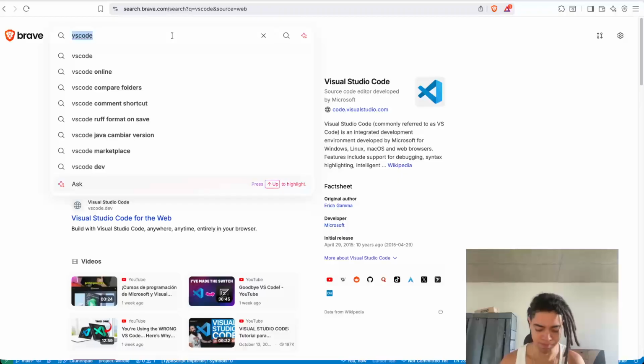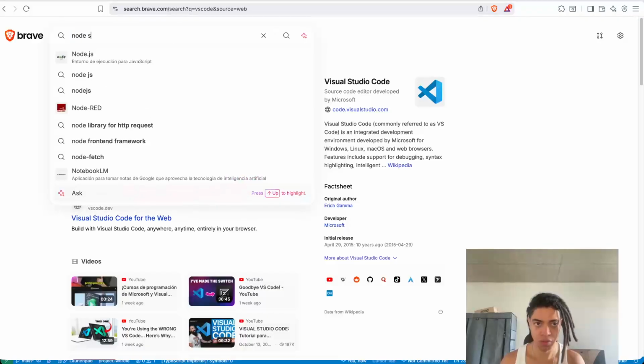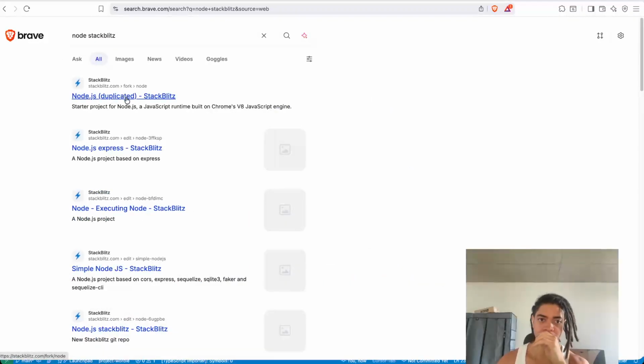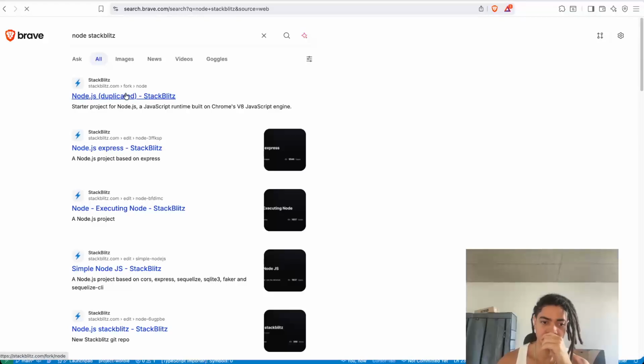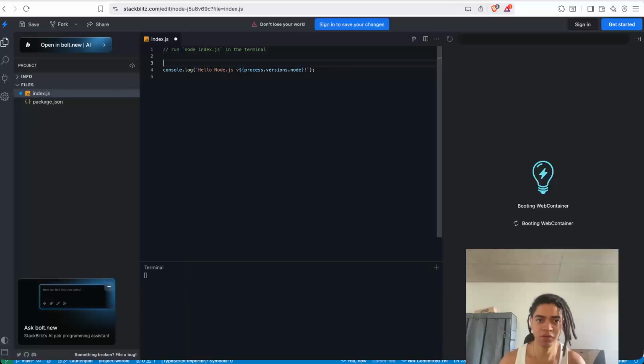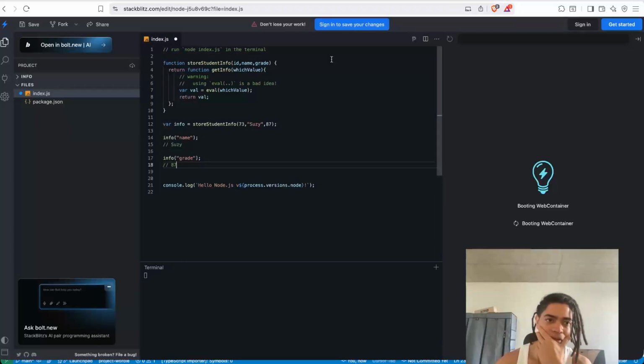No. Node Stack Bliss. All right. So for example, if I do something like this, assuming that this environment, which is run on WebAssembly,